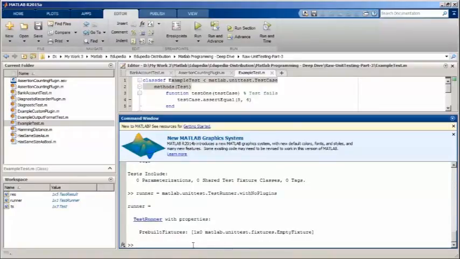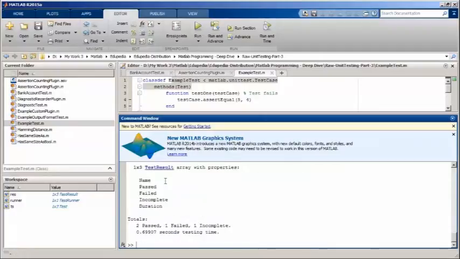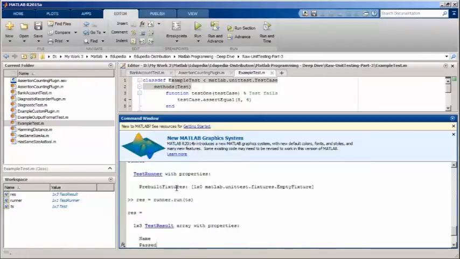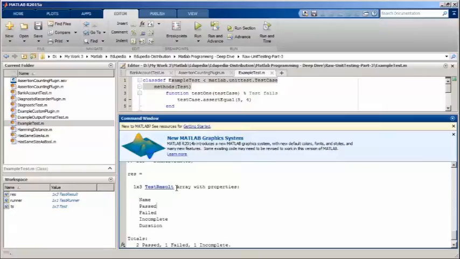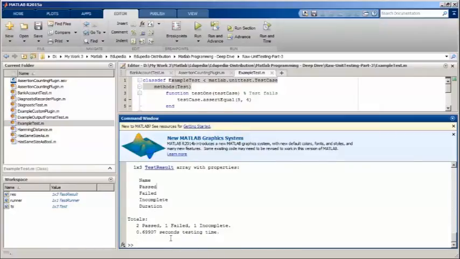First, let me show you how the execution looks without this custom plugin. I'm going to run runner.run with the test suite. As you can see, it immediately gives us the result with no detail on how many assertions failed or passed, just this test result block. Now I'm going to pass this test plugin to the runner. In the runner, I'm going to add my plugin,